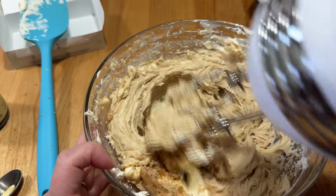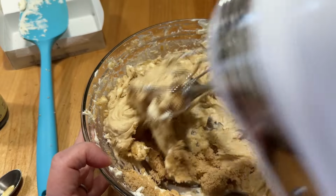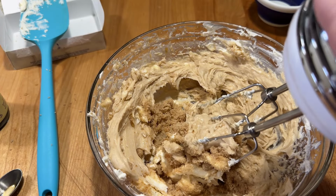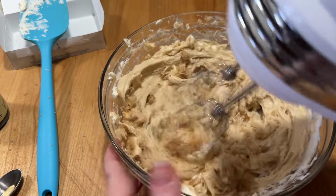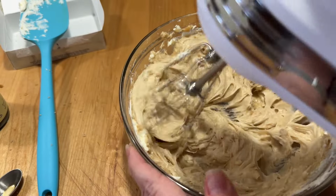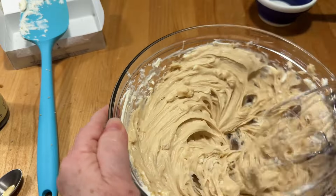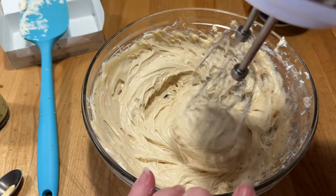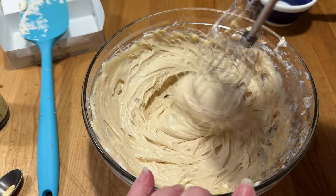Then I just like to go ahead and turn off that mixer and manually add in the rest of that. Like I say, I'm just hoping to prevent it from flying all over the place. The mixing though is really, I mean, that's it. There's only 3 ingredients here, so the mixing part of this is pretty important, and I do make sure I spend enough time on it